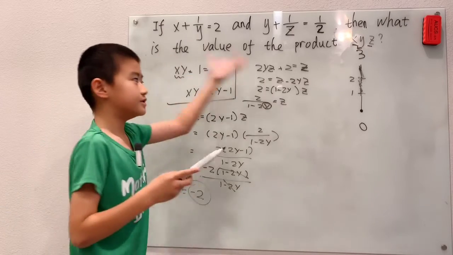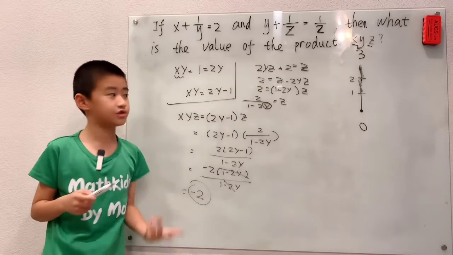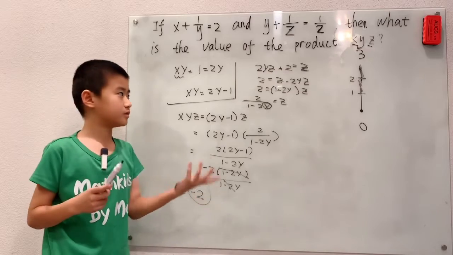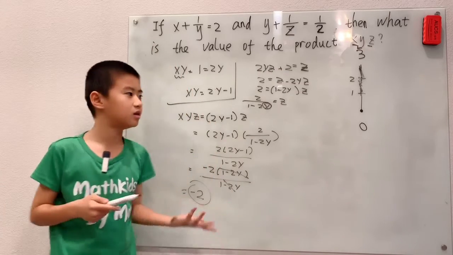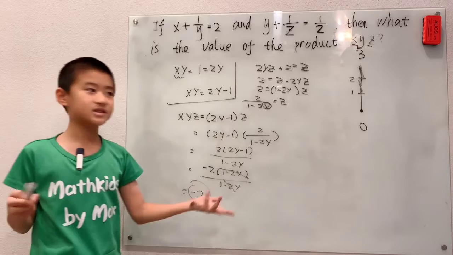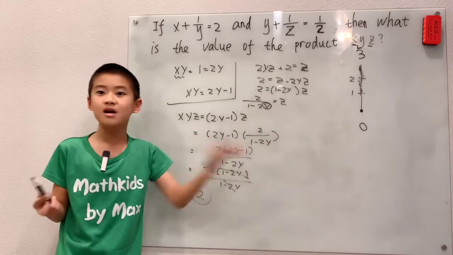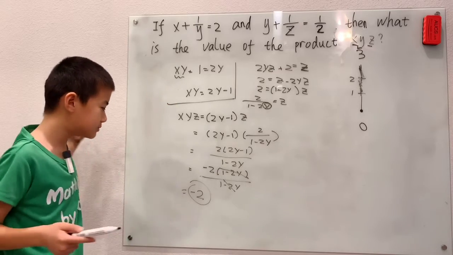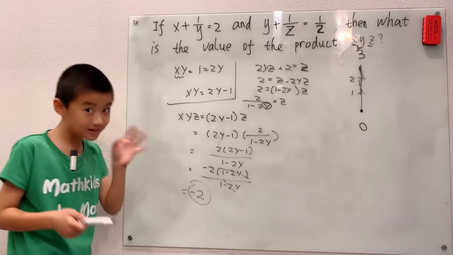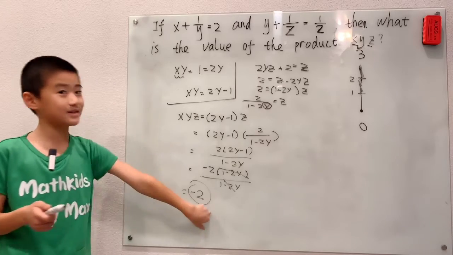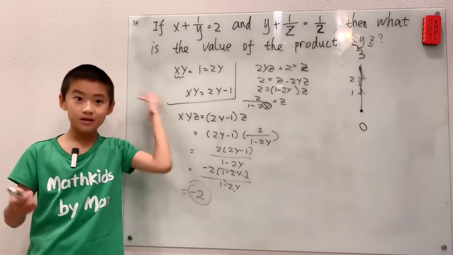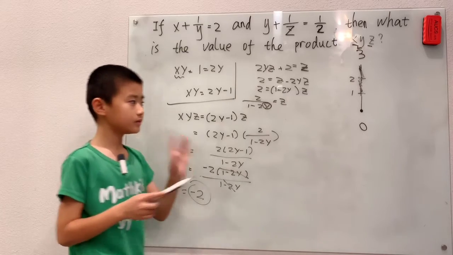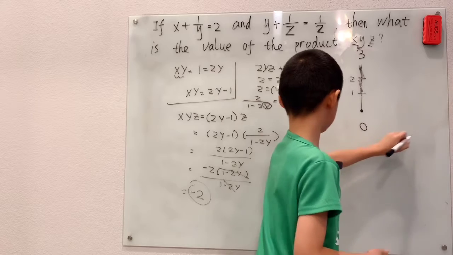And also, the same thing works with tests, right? They don't care how you got the answer, and in fact, if you just guessed a random number and then it's right, well, the math class people don't care if you just guessed a random number. What they do care about is that you got the right answer. So if you randomly picked any number in the universe and got super lucky and picked negative 2, well then you got it right, and you get a point for that, right? Nobody cares how you got the answer. So really, we can use